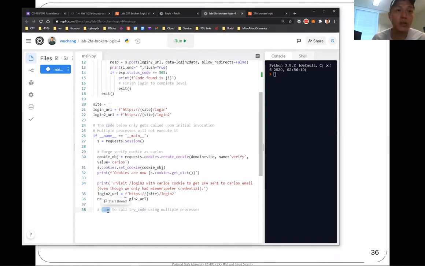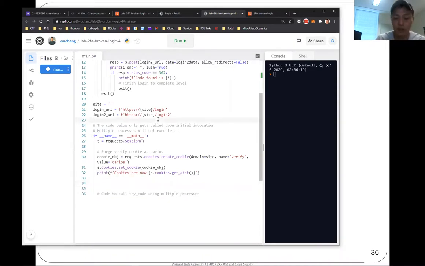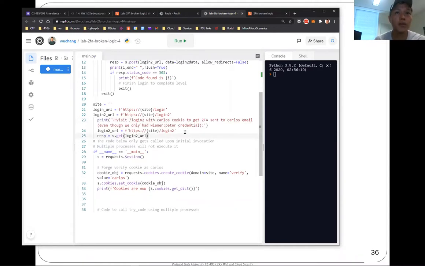And then here is where you want to do the multiprocessing code, because you never want to visit the login2 URL more than once. You don't want a moving target, because every time you hit the login2 URL, you get a brand new 2FA code. So you want to make sure none of your other processes will invoke the login2 site. A lot of people have already done this: if you were to put this here, the problem is that any multiprocessor version of this will